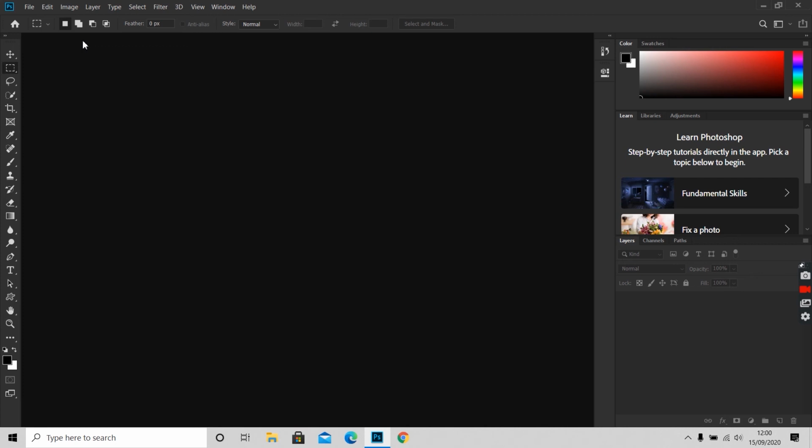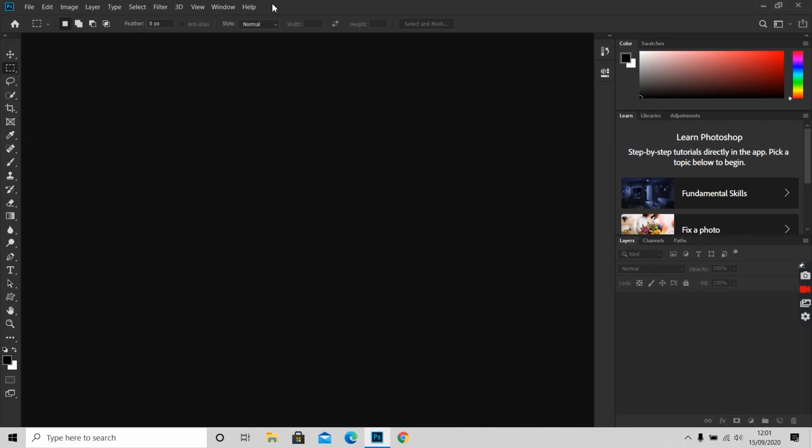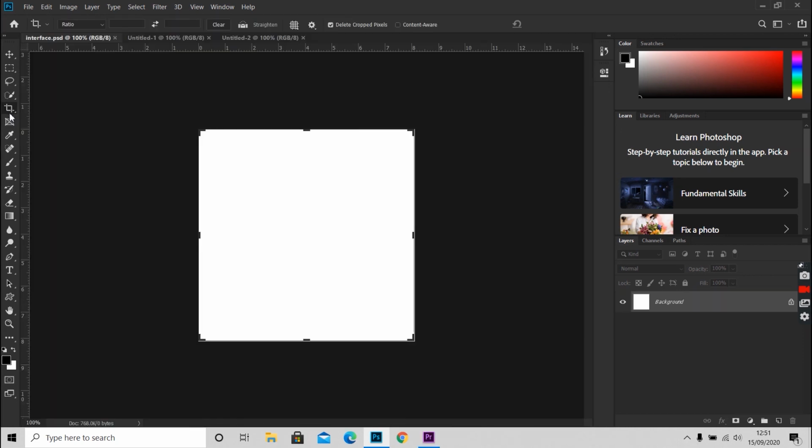Just below the main menu, we have this control panel. Here we can control the options for the tool which we have selected. This panel is really very useful as it has various properties and options. For a particular tool that is selected by you, you have different options. You will soon realize this is the key panel of Photoshop. As you can note, the control panel changes when I select different tools.